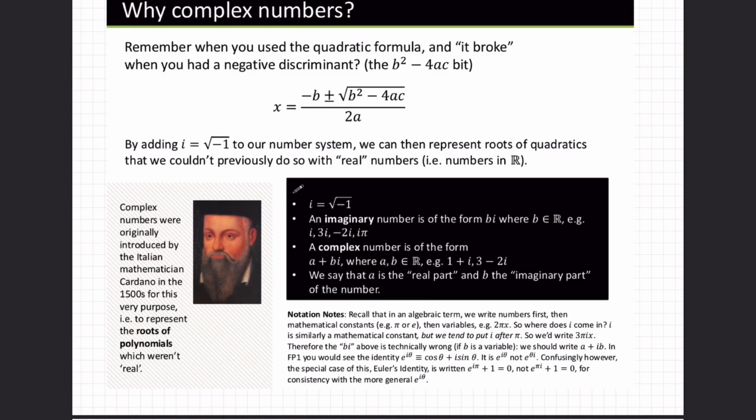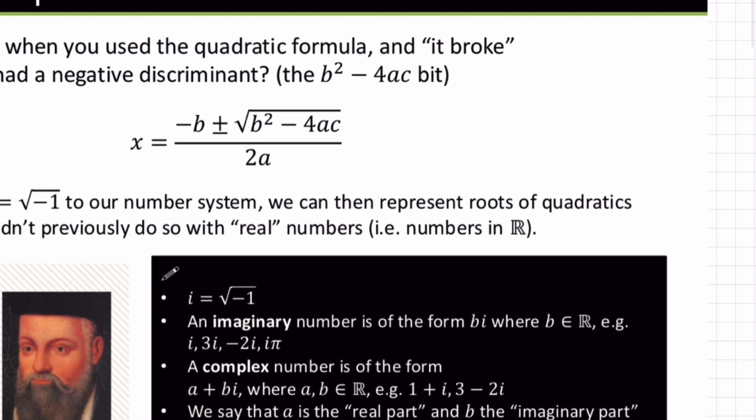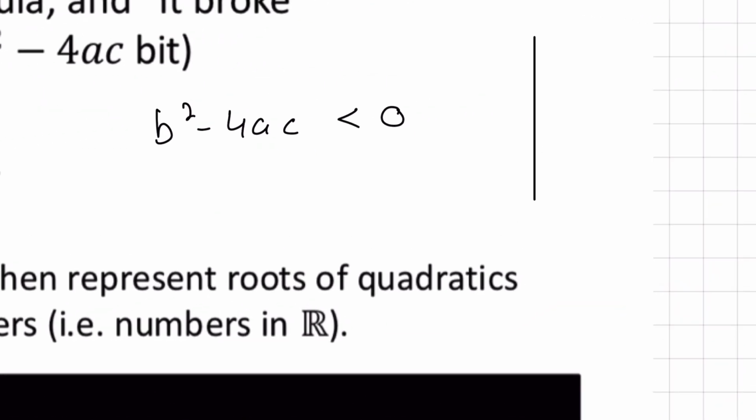Okay, I'm going to be looking at the introduction to complex and imaginary numbers. So why do we look at complex numbers? Well, if we look at the quadratic formula, we always knew at GCSE that if our discriminant was less than 0, we would have no real roots. So if we had a quadratic and it was less than 0, we would have a quadratic that would